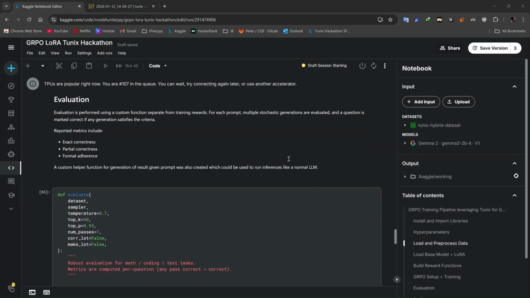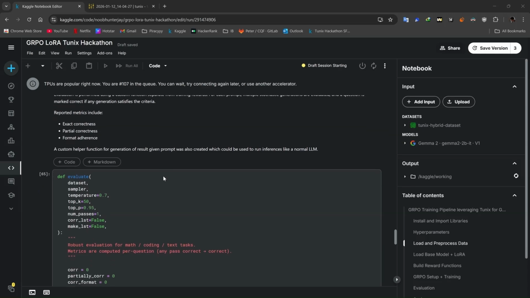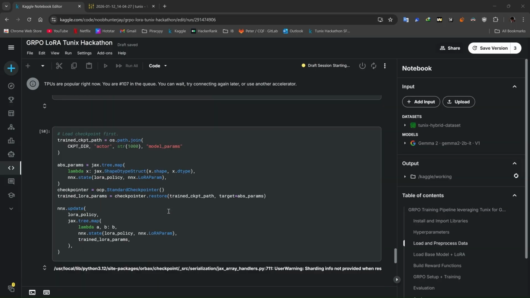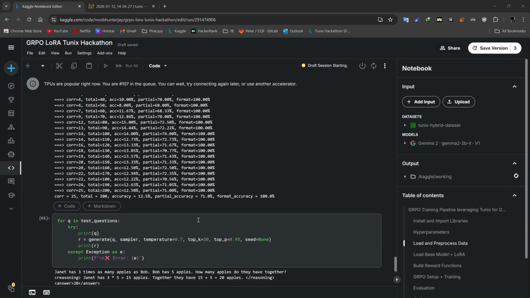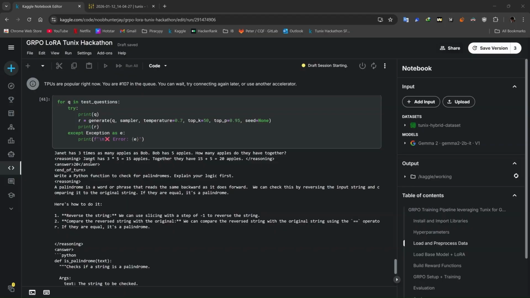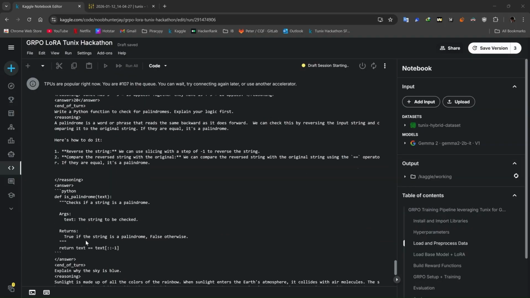Now let's get to evaluation. Our evaluation metrics are logged to Weights and Biases, and though the function is not perfect, we can see that our format is 100% accurate and our answers are somewhat accurate, giving us a partial accuracy of 71%. And we can also use the generate function to see that it produces very promising results, as the reasoning is within reasoning tags and the answer is within answer tags, and it answers